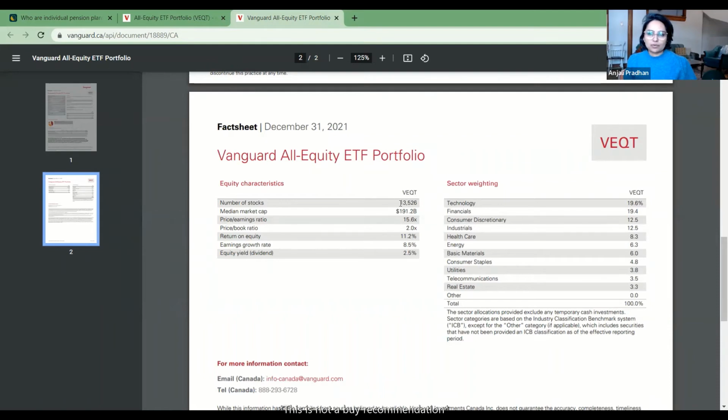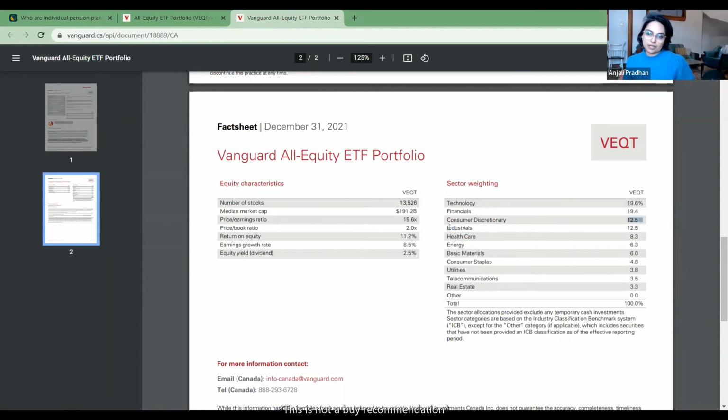Okay, so the numbers, this is more information. Number of stocks is 13,000. Sector weightings: tech is almost 20%, financial is almost 19%. This is pretty common today, that the tech stocks, like Amazon, Apple, Netflix, Google, all of these have become very, very big and take up a large part of the US stock market. Financials also, banks take up a big part of the developed countries' stock markets. And then it goes on to consumer discretionary.